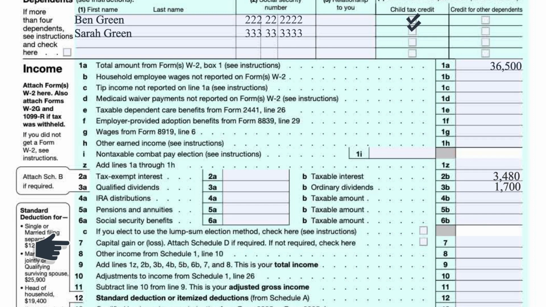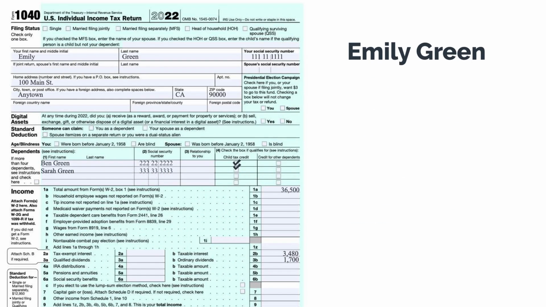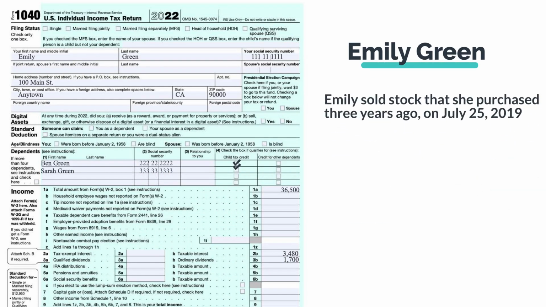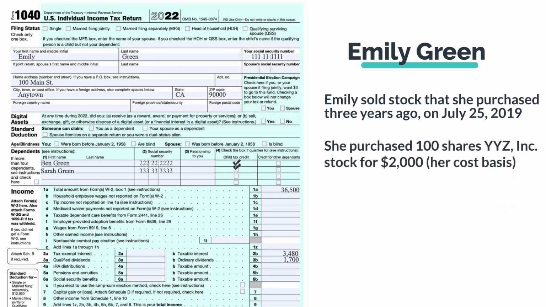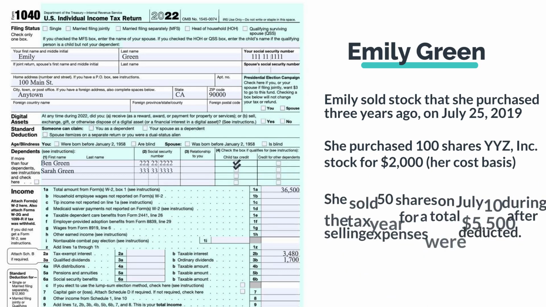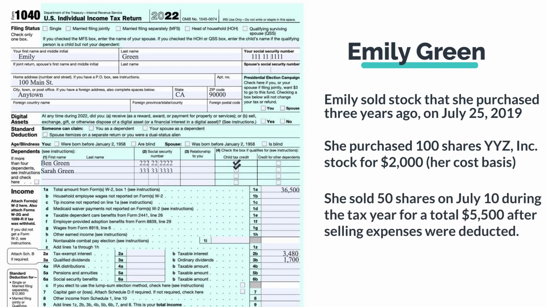capital gains and losses. If the taxpayer sold a capital asset, such as a stock or bond, they must complete and attach Schedule D, capital gains and losses. Emily did sell a capital asset during the tax year. Emily sold some stock that she purchased 3 years ago on July 25th, 2019. She purchased 100 shares of YYZ stock for $2,000. She sold 50 shares on July 10th during the tax year for a total of $5,500 after selling expenses were